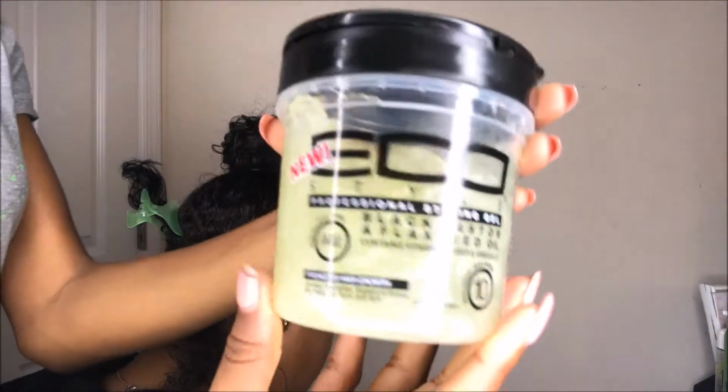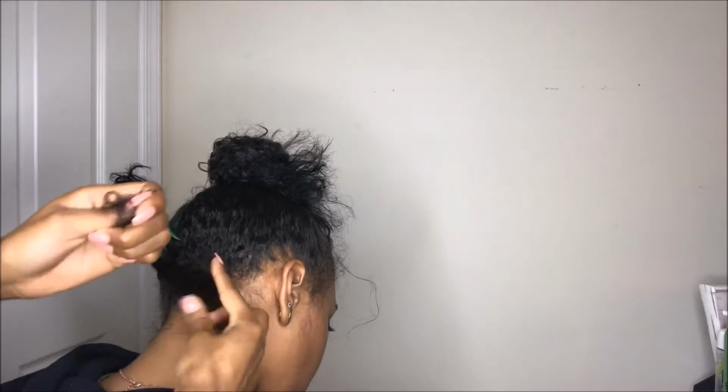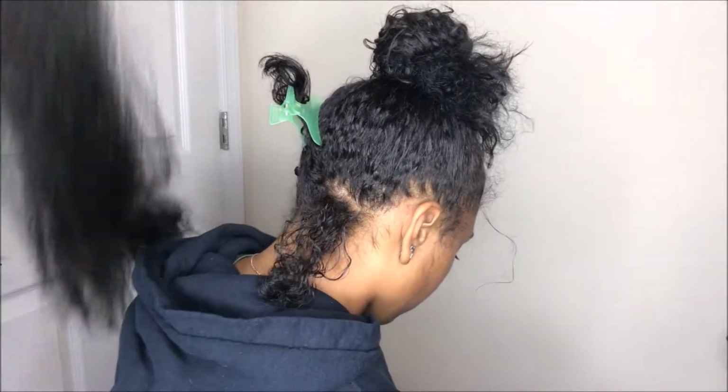So we're using that. I'm going to be using some Eco Styler gel to kind of smooth down her hair and help me grip. It will help the hair grip onto Sanaya's hair, because her hair is so silky that if I were to use like a grease or anything else, it would slip the braid right off her hair. So I have to kind of use this gel to help me, and I'm using the one with flaxseed and